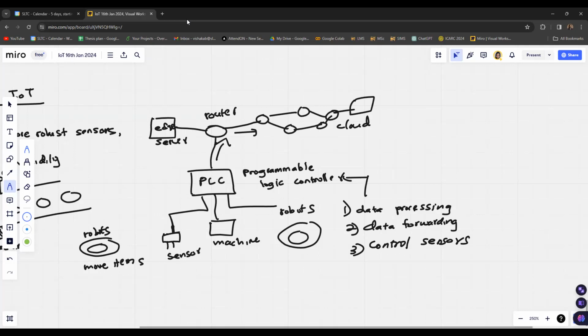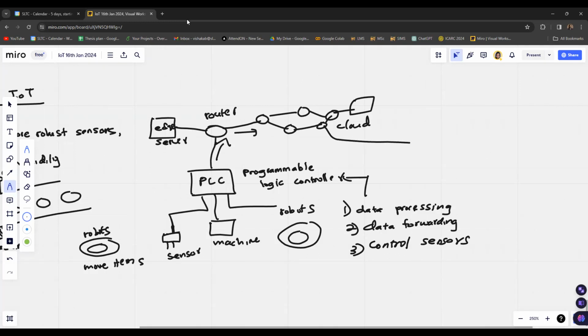However, when we extend this a bit further, we can also mention that this PLC enabled industrial local area network can be connected to another infrastructure or another local area network as well.